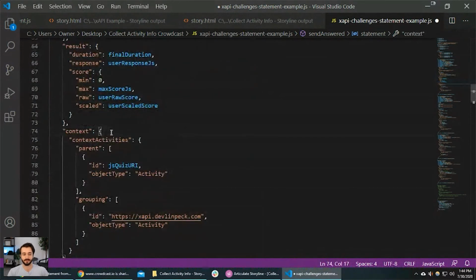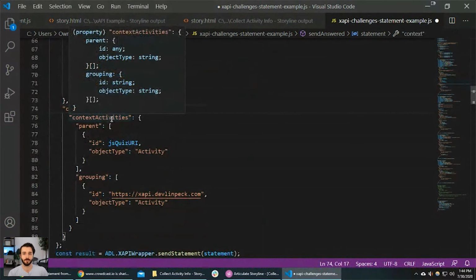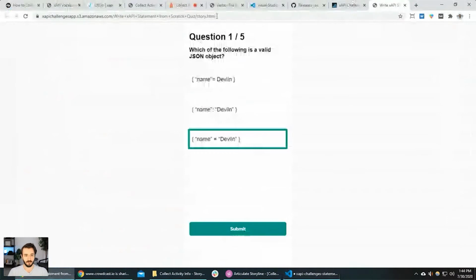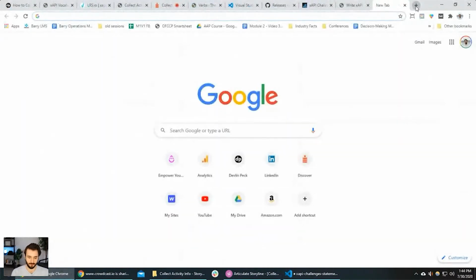Now, context. I didn't originally include this. This isn't included anywhere in my xAPI tutorial series. So I thought this session would be a good time to maybe give you all a preview of it. So it is more complex. It does use an array of arrays. But let me just show you what's going on here. Actually, I think this might be better. Context,